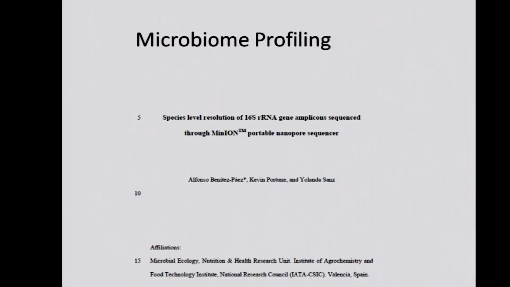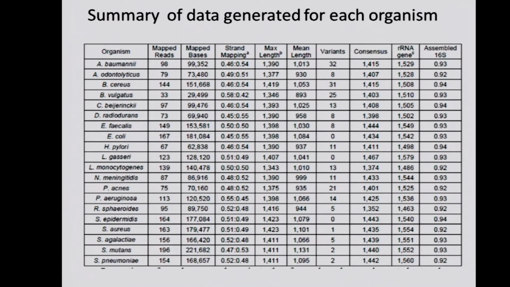Microbiome profiling, this is looking at the 16S rRNA of a synthetic pool of organisms. So they actually pooled all these together to create a synthetic population, and they did sequencing. Again, these sequencing reads are actually quite low, which is not all that surprising considering the large number of individual sequences all mixed together. Some of these map better than others. The lengths are somewhat shorter, about 1,000 base pairs long,